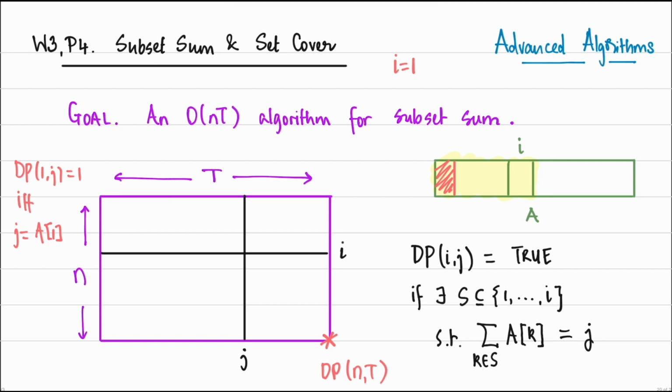Of course, if we have an edge case like the ith element being too large for the target, then it's not going to contribute because our array only consists of positive integers at the moment. So you can immediately go to dp of i minus 1, j if it's clear that the ith element cannot contribute to the sum. But in general, what we can do is branch into these two scenarios